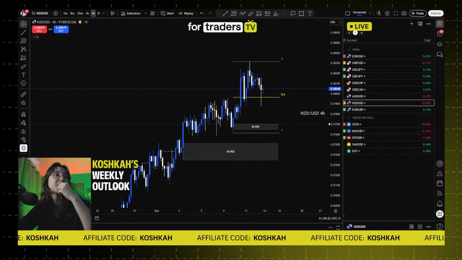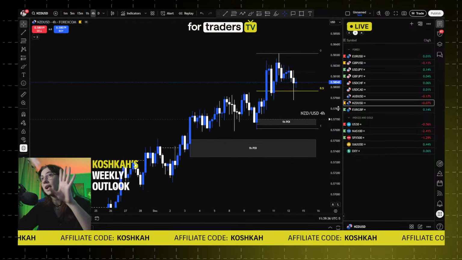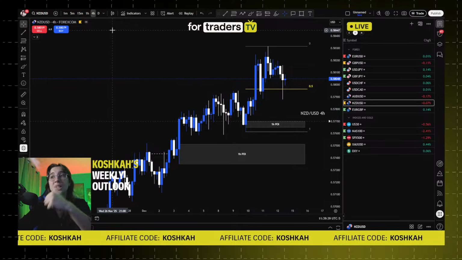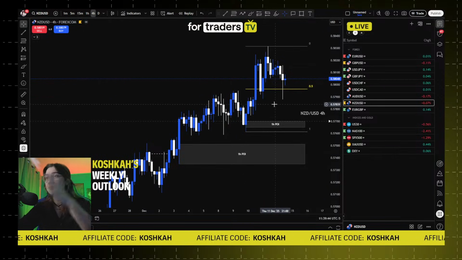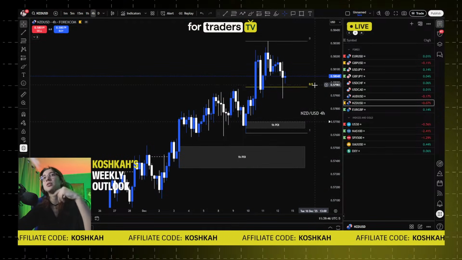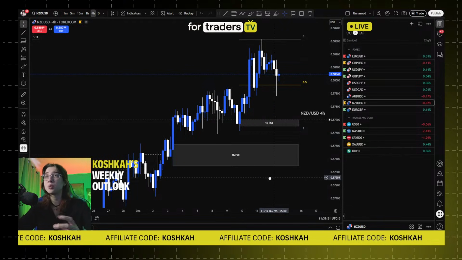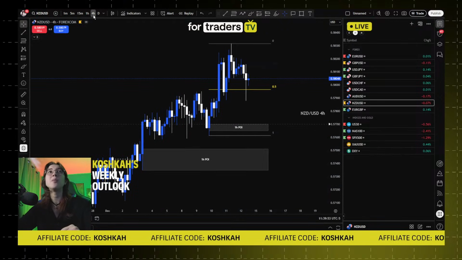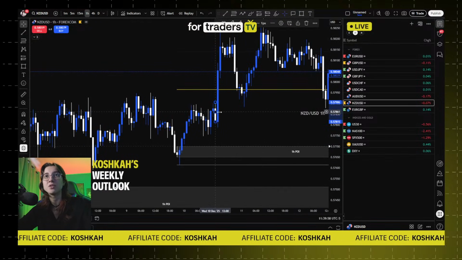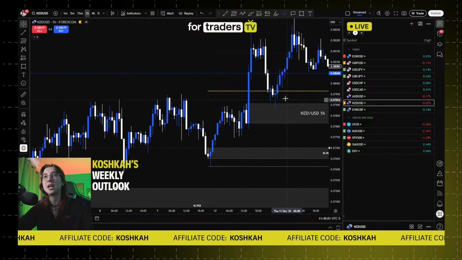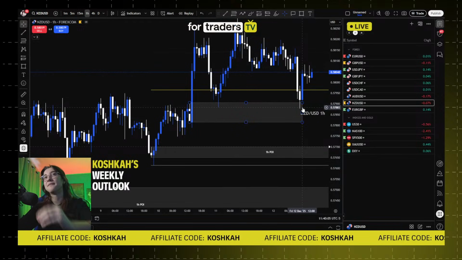Okay, so when you consider that a POI is no longer valid, for me, a POI is no longer valid when it got already mitigated or it's too far away. So what does that mean? It's pretty simple. If a POI is already mitigated, like for example right here, this was a valid point of interest, but it got already mitigated in the past. So a second tap is no longer valid for it to be a valid POI.